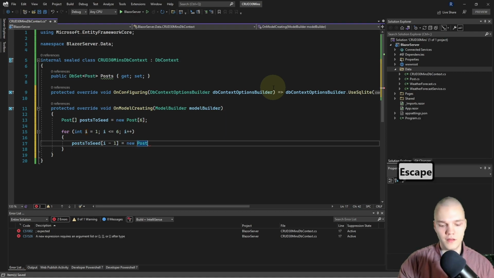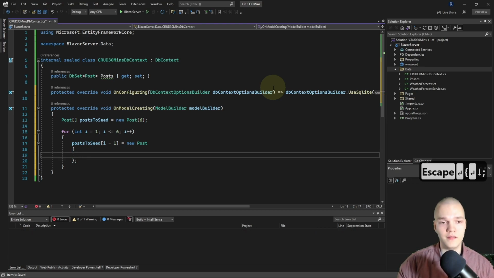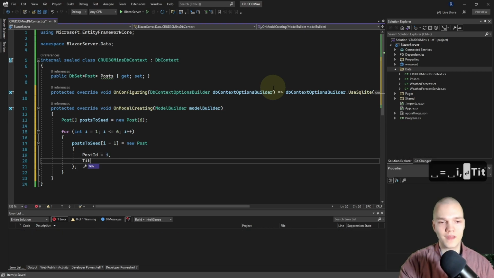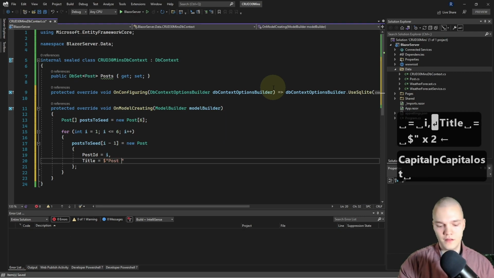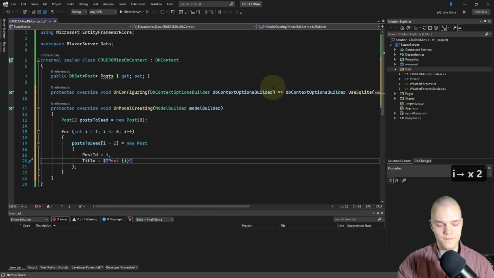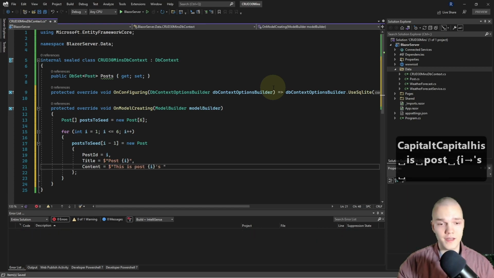And then I'll add curly braces and fill in the properties when this new post gets created. So I'm gonna set the PostId to i, and I'm gonna set the title to an interpolated string. And for its contents, I'll do post i. And I'm gonna set the content to an interpolated string, and I'm gonna say this is post i's content.